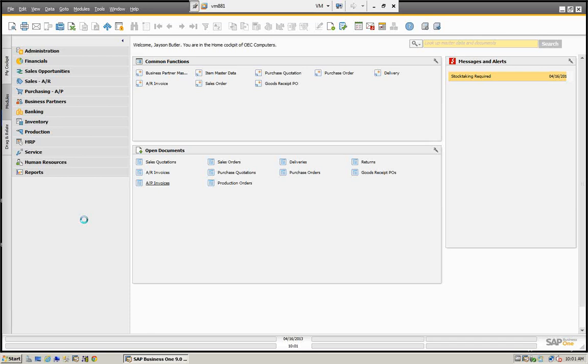Basically, inventory counting is used in most companies. Usually at the end of the year, they'll do a general count of the entire inventory. You can also do it throughout different times. Sometimes people have what they call high-moving or fast-moving items, things that sell a lot, so we want to check that and so on. So let's go through, and again, we're going to be using SAP version 9.0 for today's